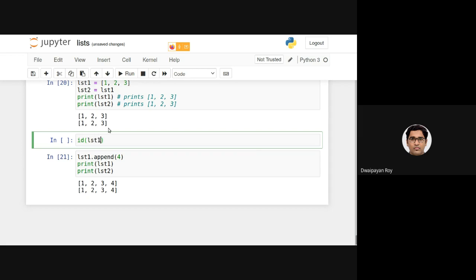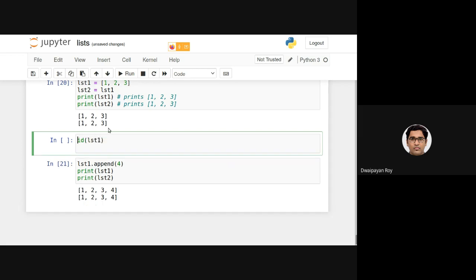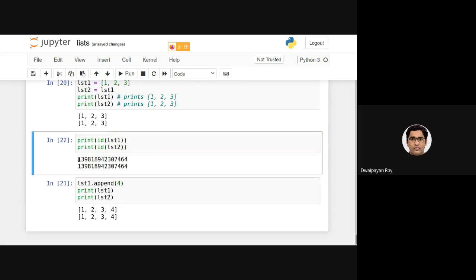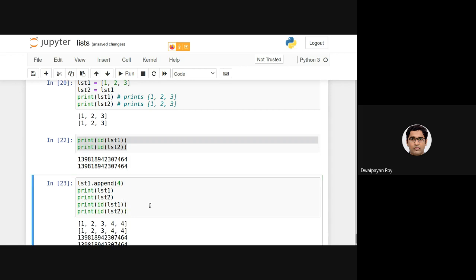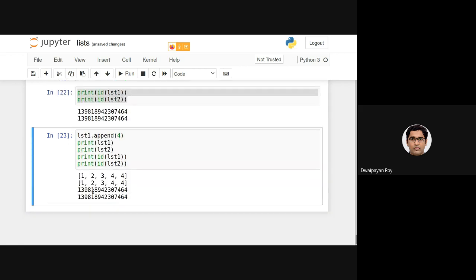So for lst1, if I print the IDs or the identifiers, you will understand why I am getting the same output. As you can see, they are actually the same reference. After that, when I'm changing it, if I again print it, you can see they are the same reference.